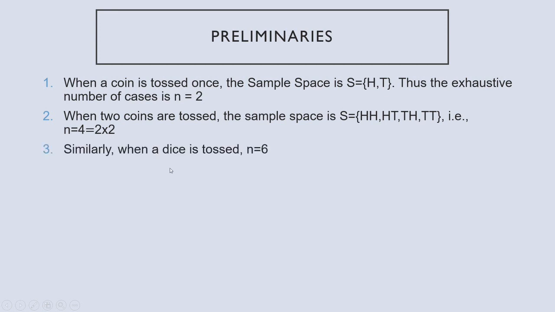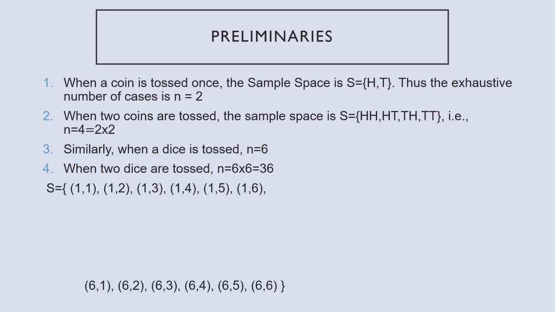Similarly, when we toss one dice, n is equal to 6. But when we toss two dice, n is equal to 6 outcomes from the first dice and 6 outcomes from the second dice. And we multiply both and we get the total number of cases as 36. So let us see what these 36 cases are. S is equal to,